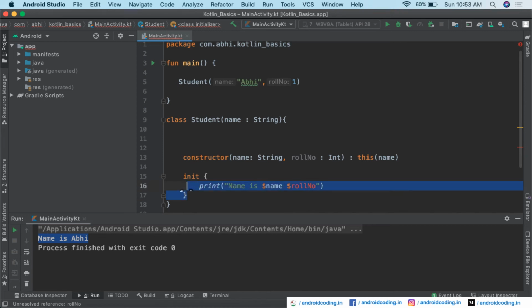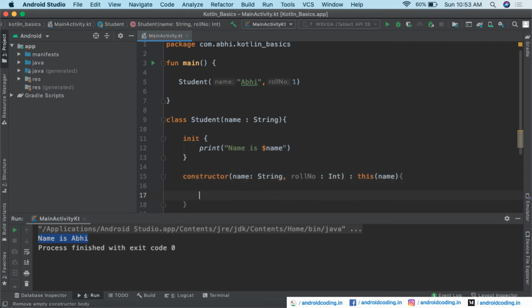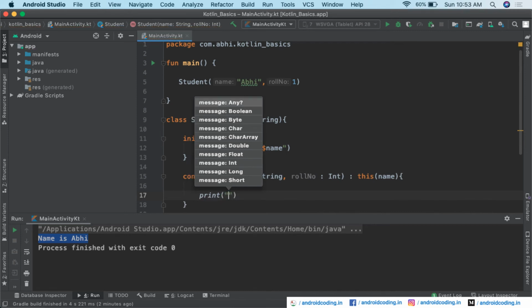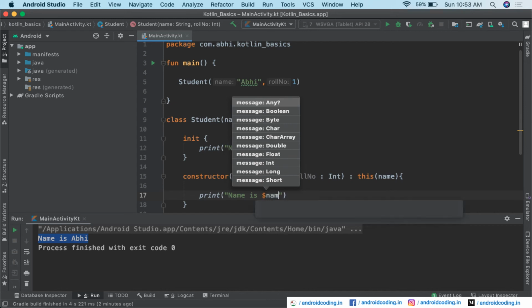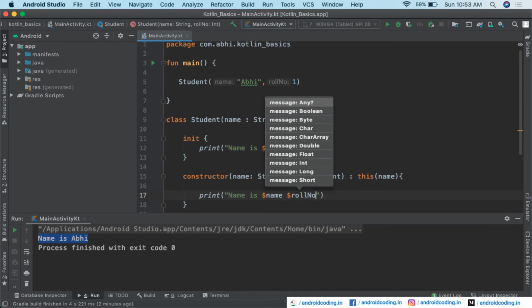Even if the init block is declared before or after the secondary constructor, the roll number will not be visible inside our init block. When you want to print the values, you can use a print statement within the secondary constructor block, where you can make use of the name variable and also get the roll number.